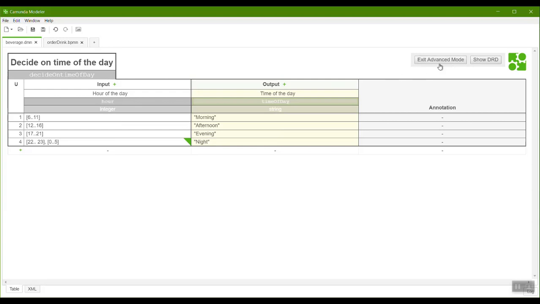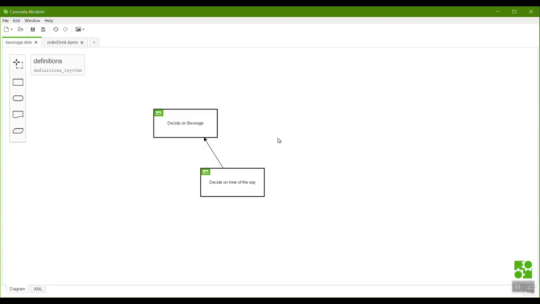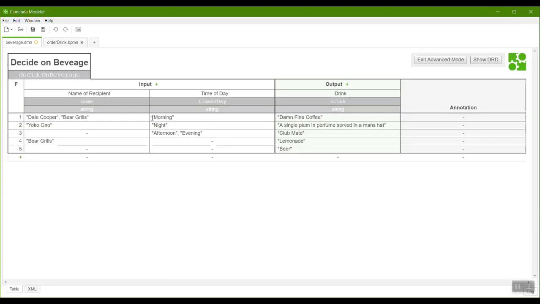I'm going to go back to the DRD for a moment and just see that what we've now done is we've got a dependency. This is what this thing does. So we're actually not going to change our BPMN model. It's still going to call this table. The difference is now that this table has a dependency, which means this must run first. So if we call this table, the engine will see, oh, this has a dependency right here, so I'll have to call this first. And then also the result of this is going to be fed into this table here.